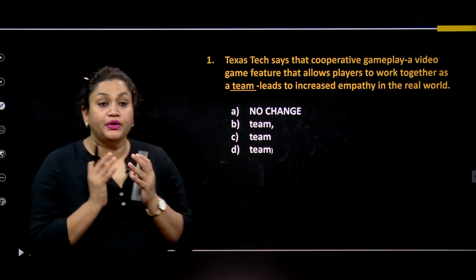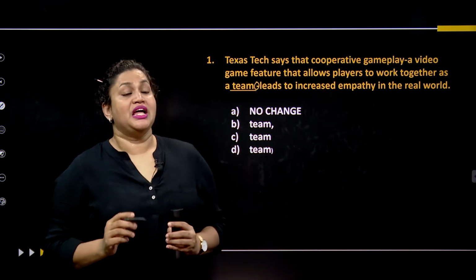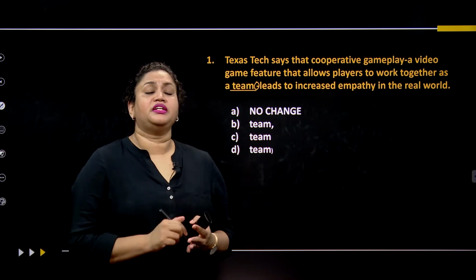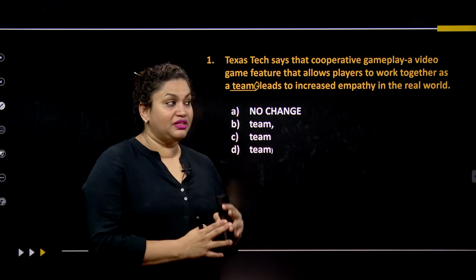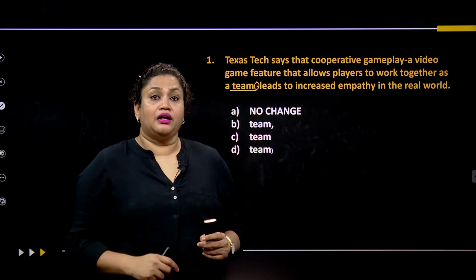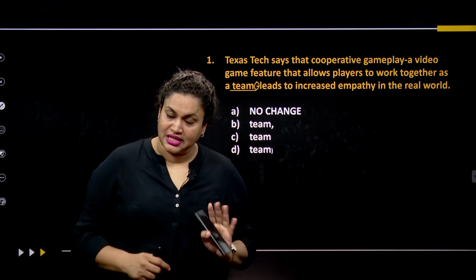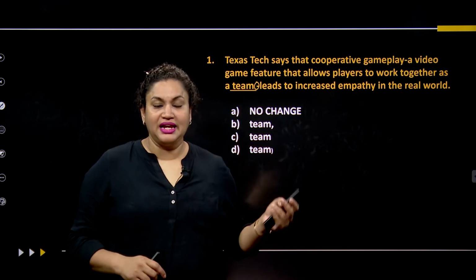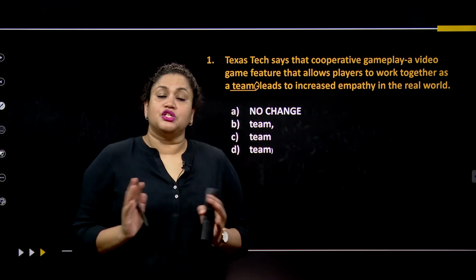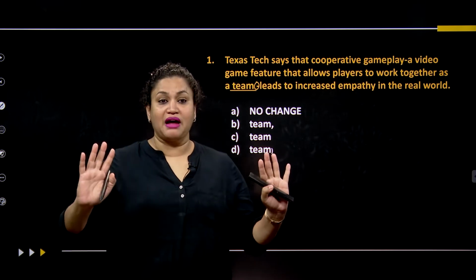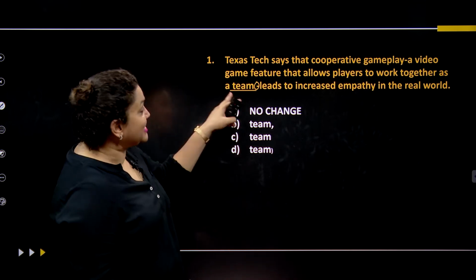Always understand when you need a dash. This is a dash, and when do you need a dash? The definition of a dash is: whenever you want to introduce something or you want to tell something about a noun, like give a list, then you use a dash or a hyphen, or a colon. Now a colon is used formally and a dash is used informally. So a dash always goes with drama, or it is dramatic. So whenever you put a dash, there should always be a dramatic entry, like dan dan dan sort of a thing. Okay, so that is about the dash.